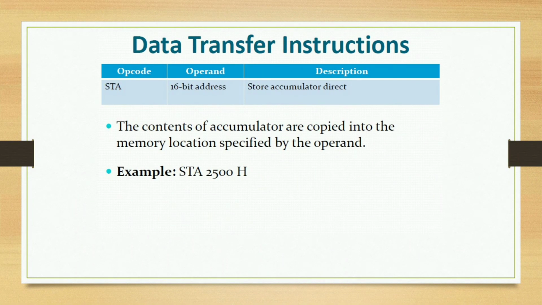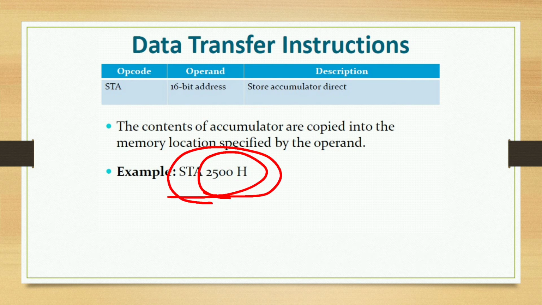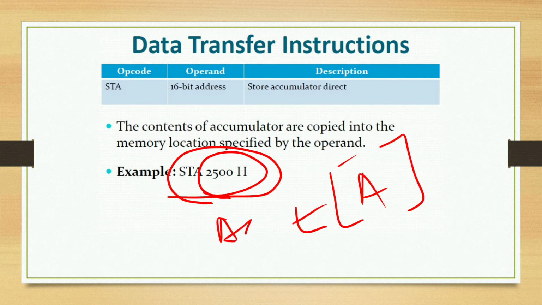STA 16-bit address. Store accumulator directly. In this instruction, the address is given directly. Consider an example, STA 2500H. This instruction will store the accumulator to the given address. STA 2500H means